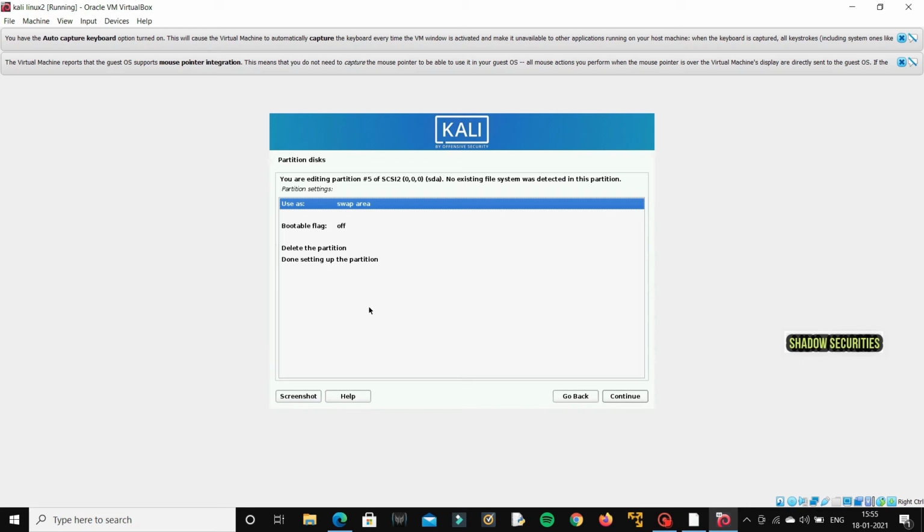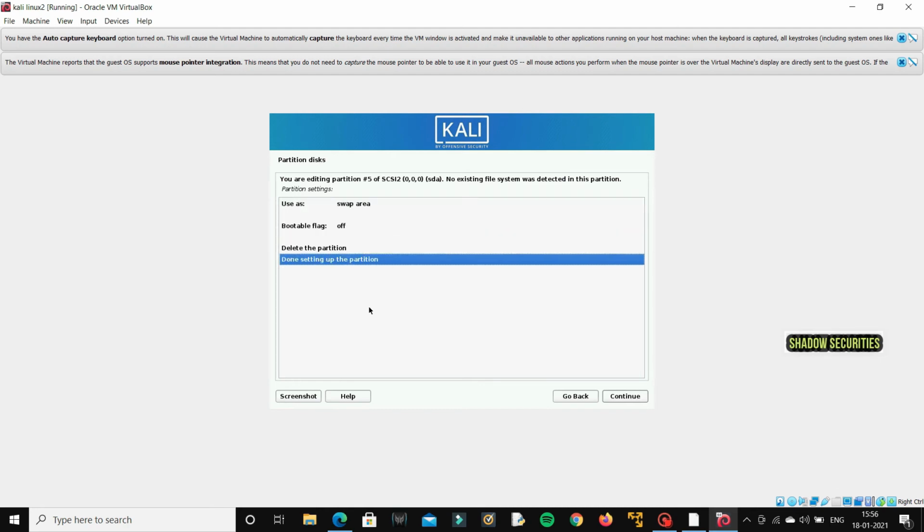After I learned about this swap area, I used it to avoid those crashes. So you can use this option to avoid the crashes. After selecting the swap area option, simply go to done partition and continue.